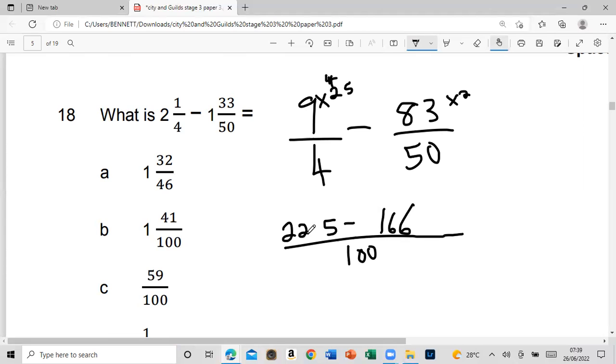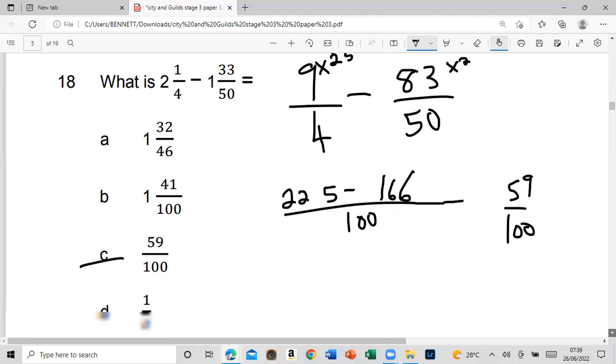minus 166. So 6 from 15, that's a 9. So it's 59 over 100. That would be our answer. It cannot be reduced. So that is C. Now let's move on to